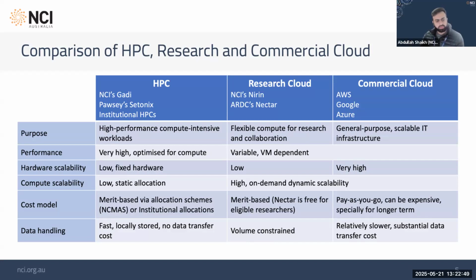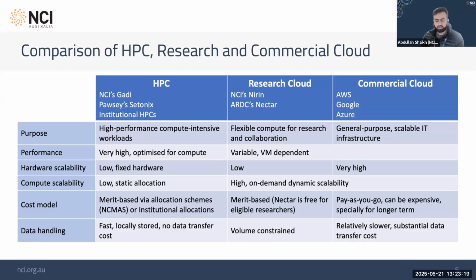The purpose of HPC is, of course, to run high performance compute intensive workloads. Cloud technologies, if I talk about research cloud specifically, are there for flexible workloads for research and collaboration purposes. Commercial cloud providers are perhaps general purpose, scalable IT infrastructure.